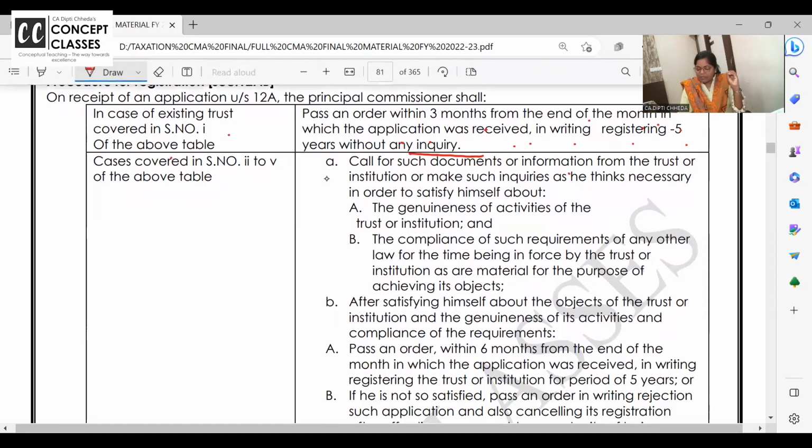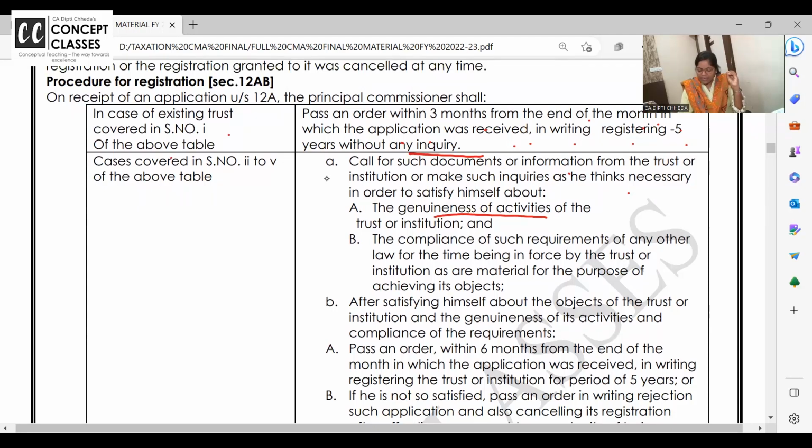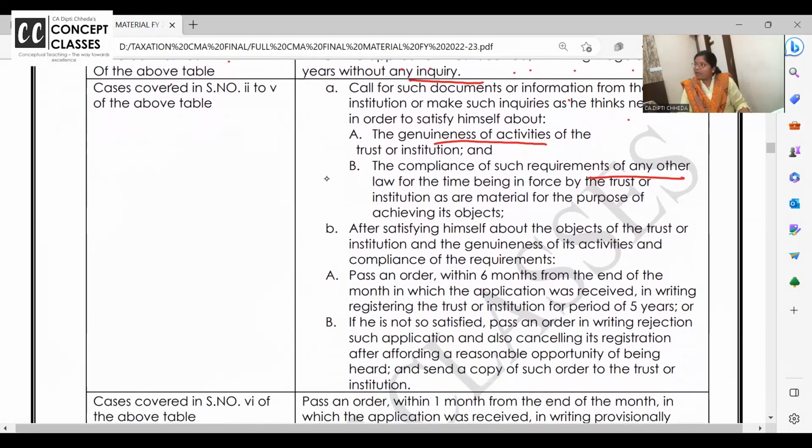Call for such document or information from the trust or institution, make inquiry, check the genuineness of the activity. When from provisional they are going to permanent, compliance of requirement of other law. If SEBI is applicable, FEMA is applicable, whatever I'm just naming, any other act applicable, labor laws, is the trust complying with all that? After satisfying himself about the object of the trust or institution and the genuineness of activities, first, the trust should always work for the object of the trust and the activities of the trust should be genuine.